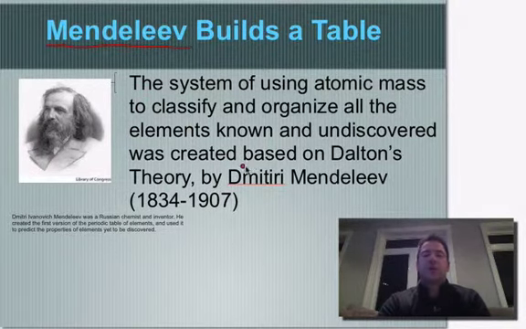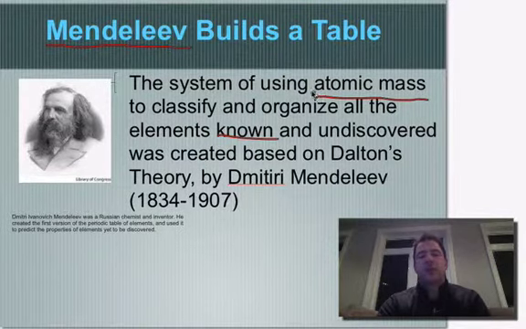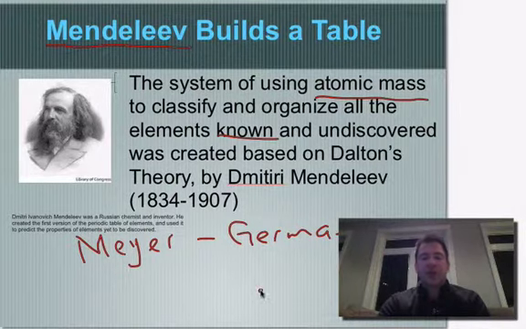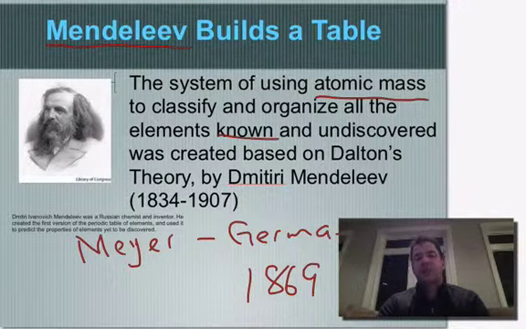Now Mendeleev is the one who is credited for building the periodic table. He took the atomic mass of elements that were known to him at the time, and he basically rearranged them and ordered them based on some of their properties or that atomic mass, and was credited with creating the periodic table. But back then typically scientists worked in isolation, but he actually worked with a guy by the name of Mayer from Germany. He was a German man. And what happened was in 1869, because Mendeleev actually published his findings first, he got the credit for creating the